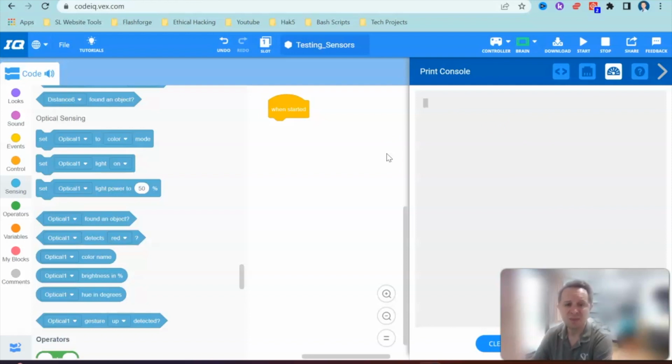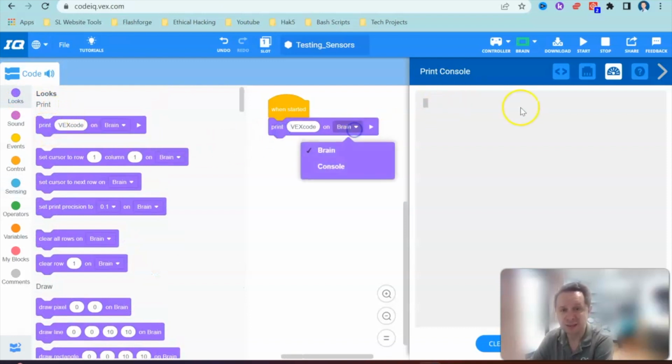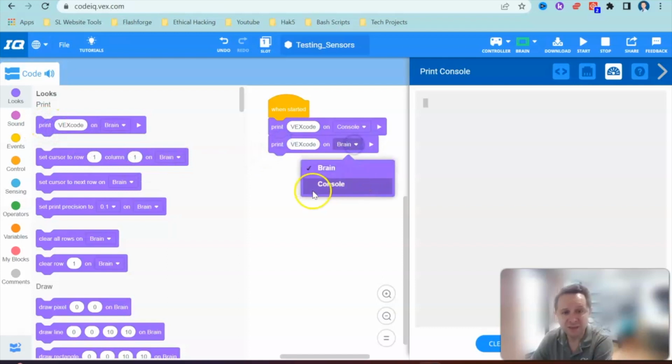So what I want to be able to do is monitor the surroundings of my robot. Now, rather than me looking at the brain, I want to be able to get them to be displayed inside this console window over here. So inside my print block, I'm going to select the drop down option over here and change this from brain to console. I'm going to want to add in a second block again, and this one is going to be